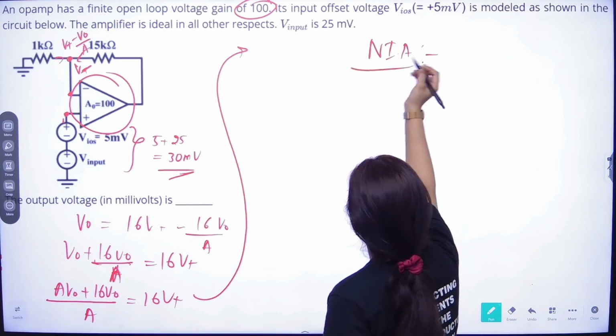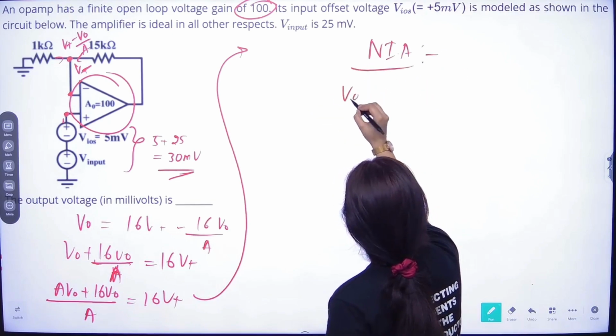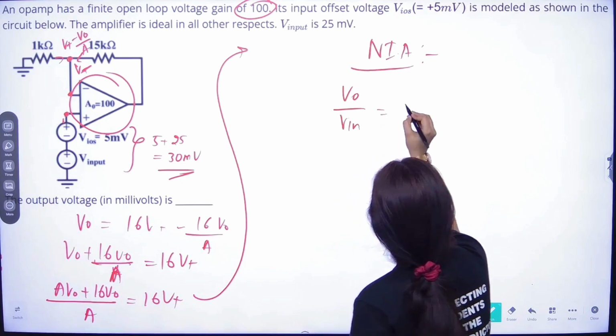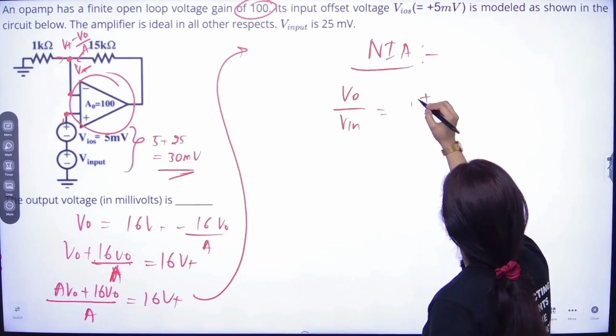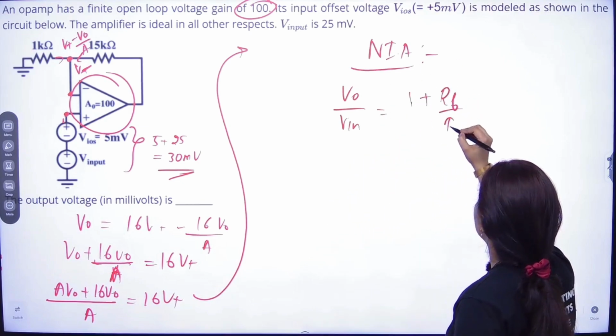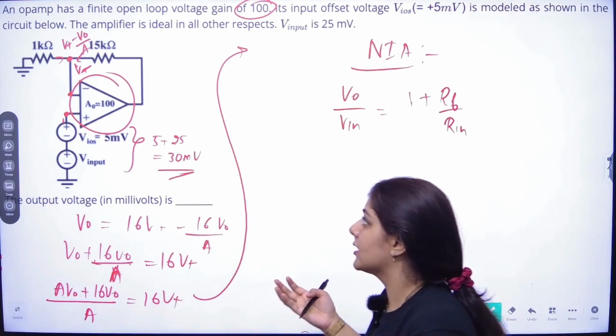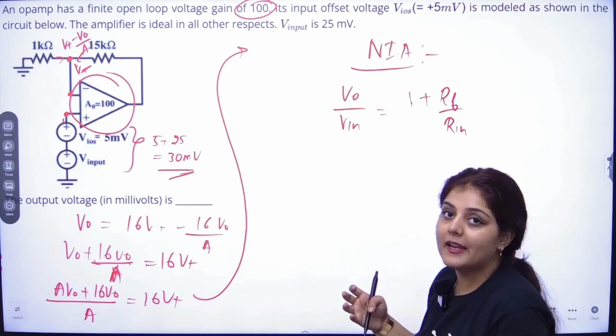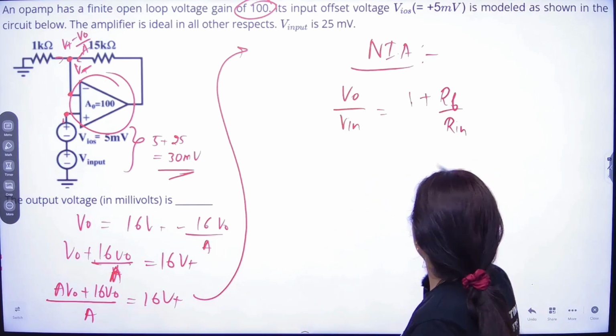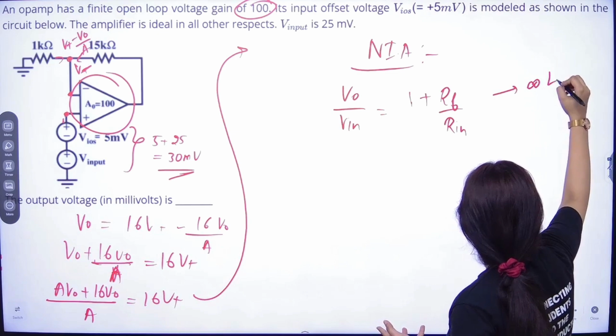We know the gain for the ideal op-amp, V naught by V in, comes out to be 1 plus RF by RN. So if a finite loop gain case is given, this is for infinite loop gain,